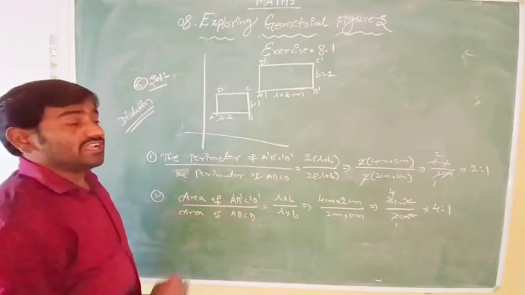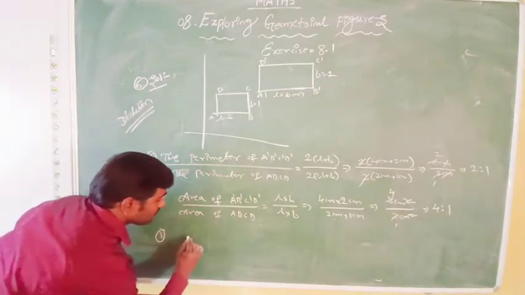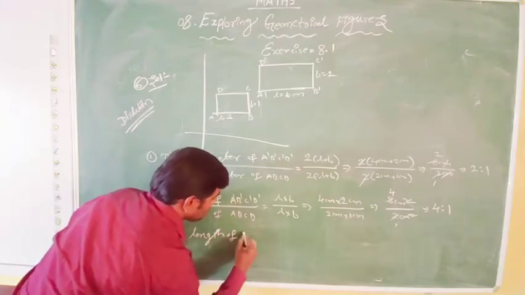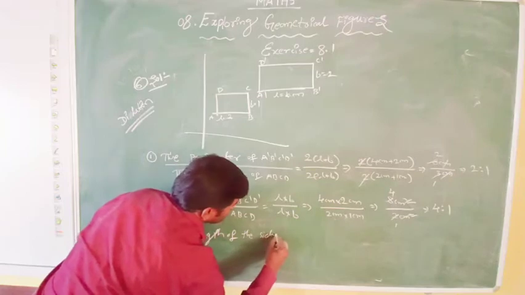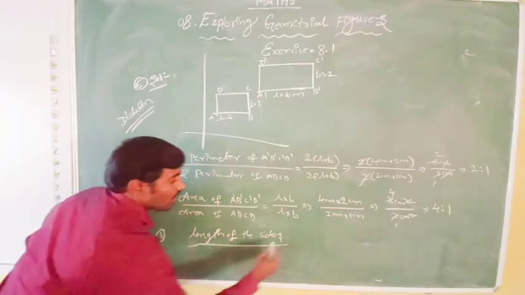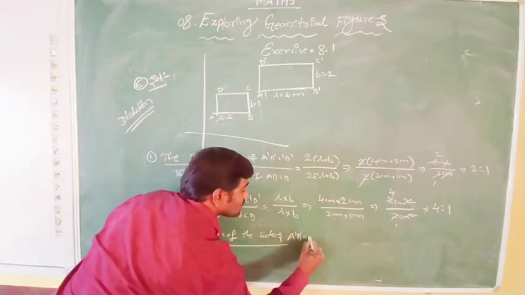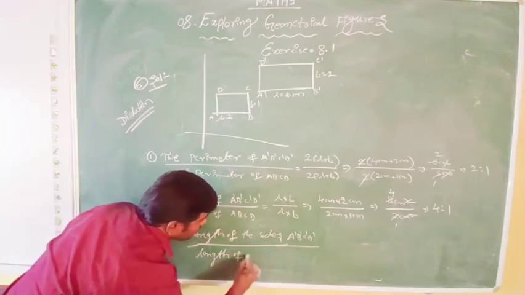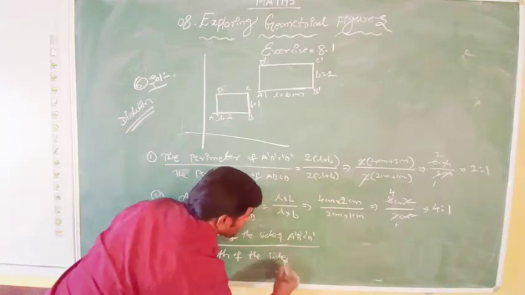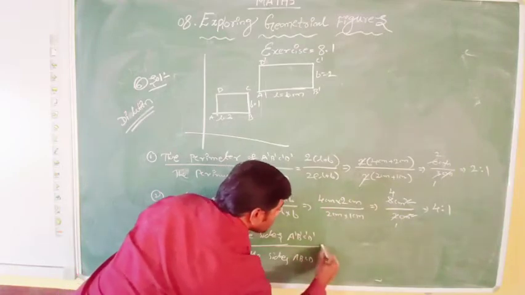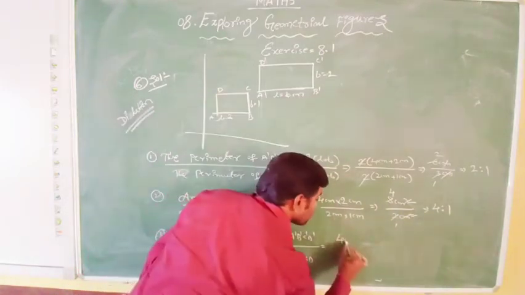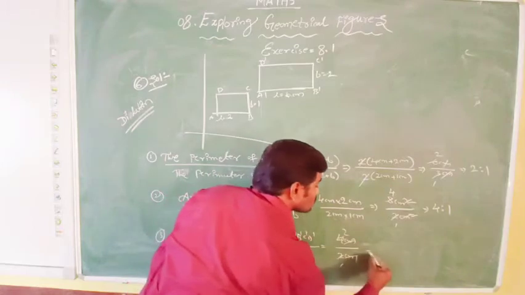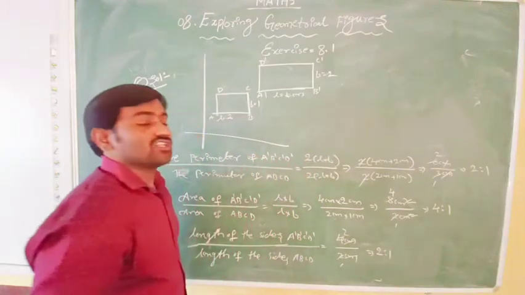And when you see the length of the sides of A dash, B dash, C dash and D dash by the length of the side of A, B, C, D. Okay, what's the length here? 4 centimeter. And here what is the length in the smaller rectangle? 2 centimeter. So 2 ones are 2, 2 twos are 4. That is also 2:1. We got the ratios.